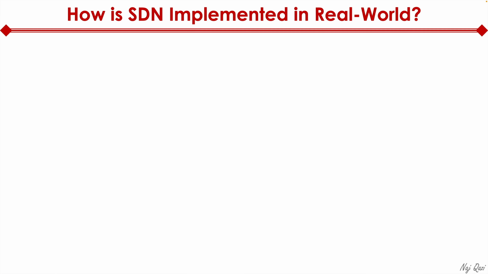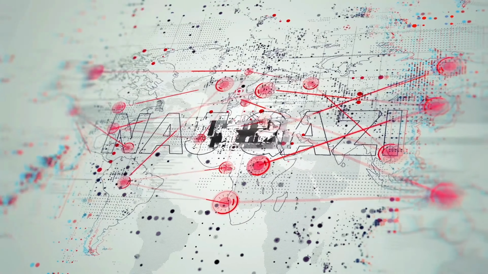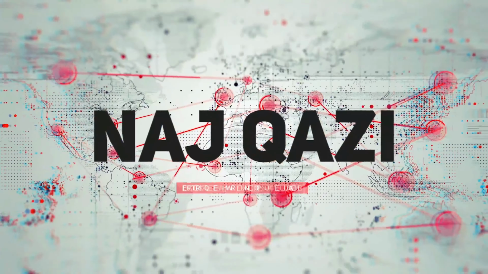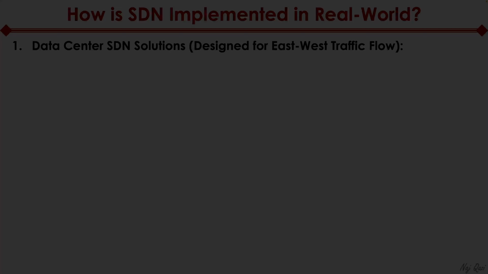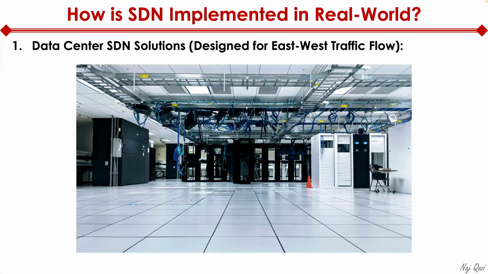So when it comes to SDN, how is it implemented in the real world? In other words, what type of solutions exist so we can leverage software-defined networking in our environment? Well, first of all, data center is the number one space in the enterprise realm where most of the technological innovation